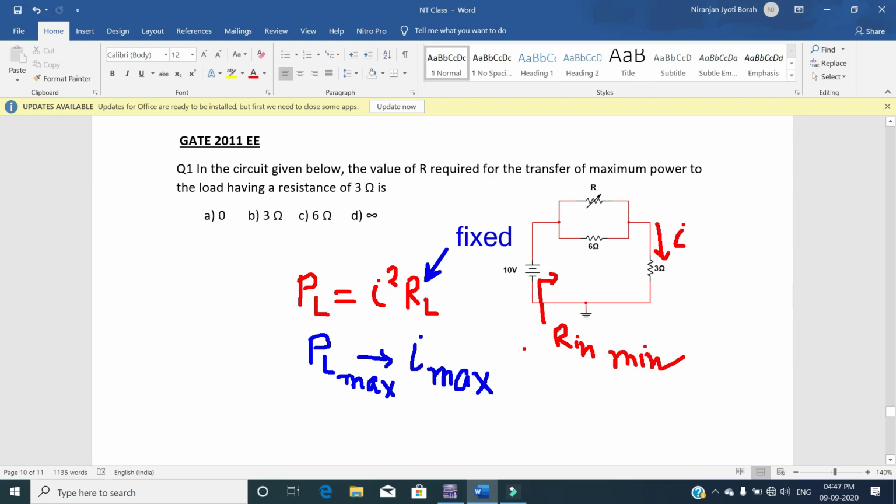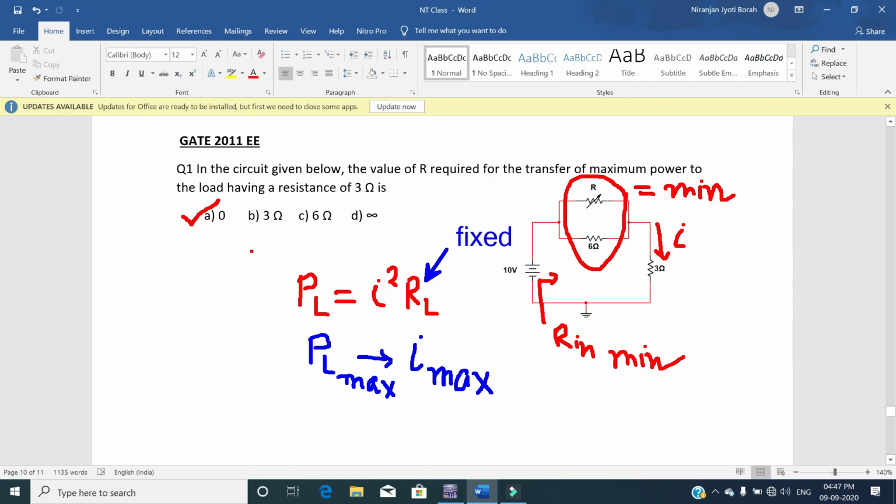So for this Rin to be minimum, the parallel combination of R and 6 ohm should be minimum. So the value of R will be equal to 0, so that the parallel combination of R and 6 ohm is minimum. So the correct answer is 0.